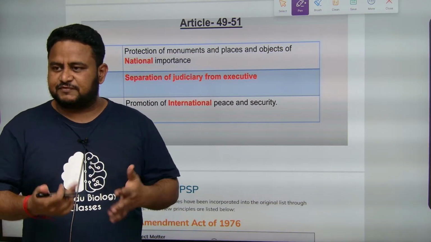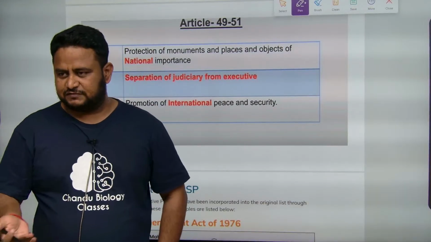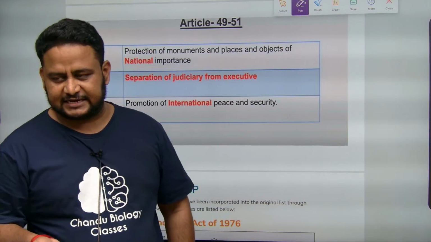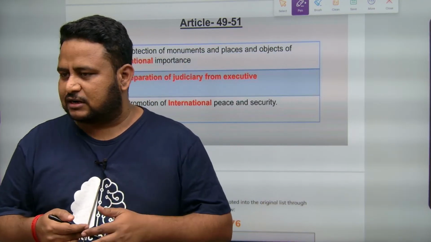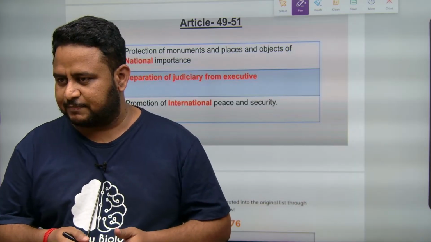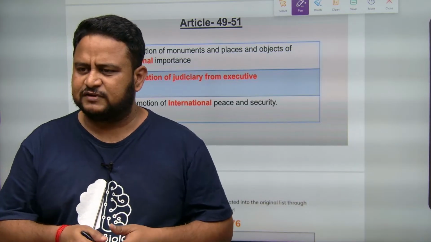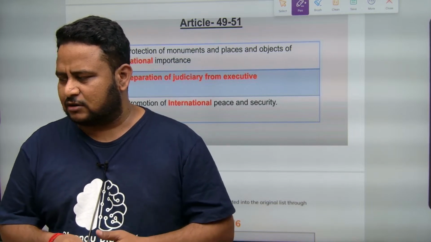Some monuments are very important, like the Red Fort, the Taj Mahal. The Taj Mahal is considered one of the 7 wonders, but actually there is a lot of rusting and decoloration taking place because of the pollution of the river Ganga, and also because of acid reactions, acid rain, sulfur dioxide, all these things.